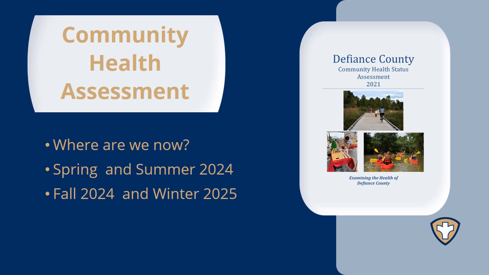And now in the fall and moving into winter of 2024-2025, we are currently collecting adult survey data as well as the child survey data, and then we will be planning for focus groups coming up in the winter. And the focus groups, again, are part of the community context assessment. So based on previous CHA data, we looked at groups that have been underrepresented in the past or that we do not have good data sources for, and we strategically have planned focus groups for those different populations.